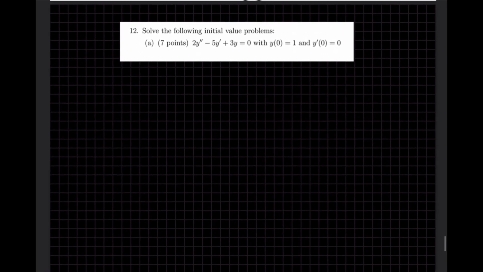In this video, we're going to take a look at this problem that asks us to solve the initial value problem with a second order constant coefficient homogeneous differential equation. When we see second order and it's homogeneous, the first thing we're thinking is let's go ahead and apply the characteristic equation. So in our case, we have 2r squared minus 5r plus 3 is equal to